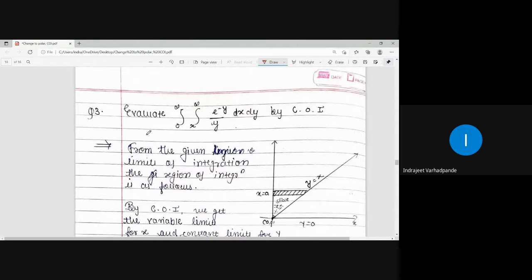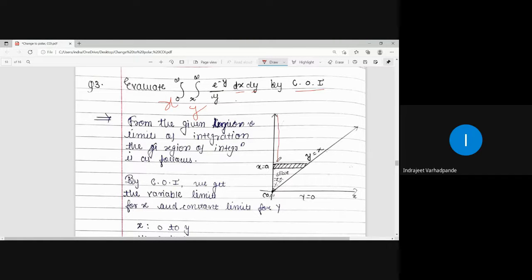The next question is evaluate integral 0 to infinity, x to infinity, e to the power minus y upon y dx dy by change of order of integration. These limits are appearing in x, means they shall represent variable y, and obviously these limits are constant which will represent variable x. Now x is equal to 0 is this y axis, x is equal to infinity is this region,